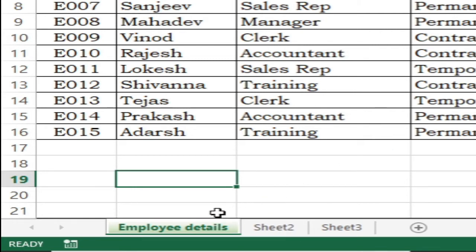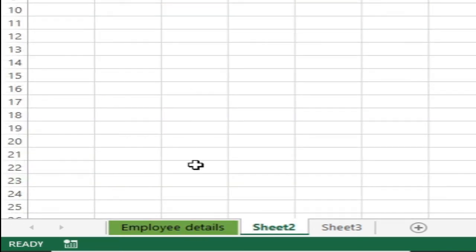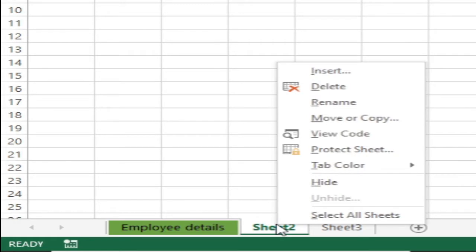You can do this by using another method, that is you can right click on any sheet tab. Now I will try to rename Sheet 2. Right click on this and use this Rename option.